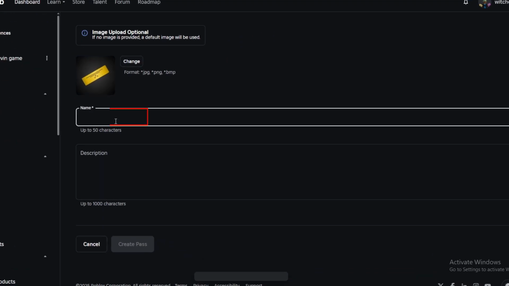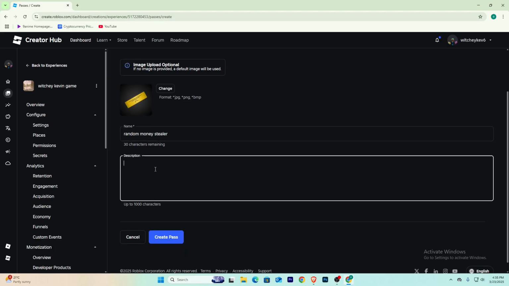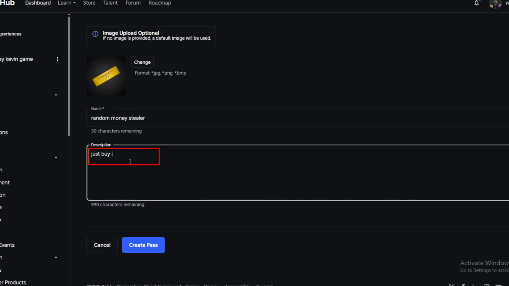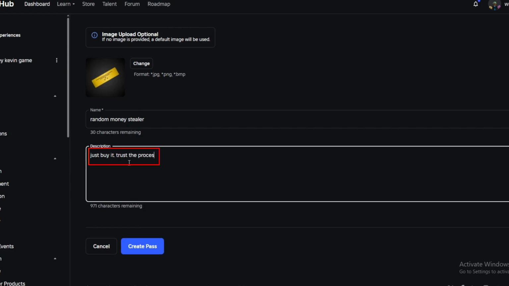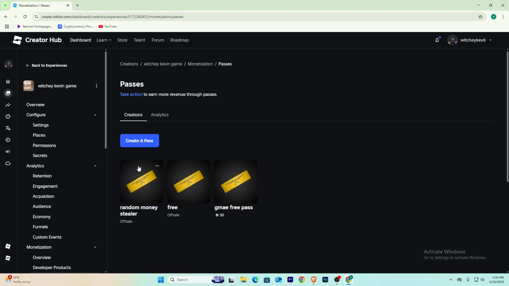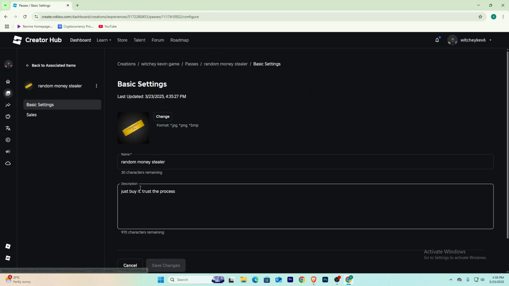I'm just going to create a pass called Random Money Stealer, and in description I'm gonna say just buy it, trust the process. This is just a random thing I'm writing. You can write anything you want. Click and create pass. Once the pass is created, you can click on it to open the pass, and what